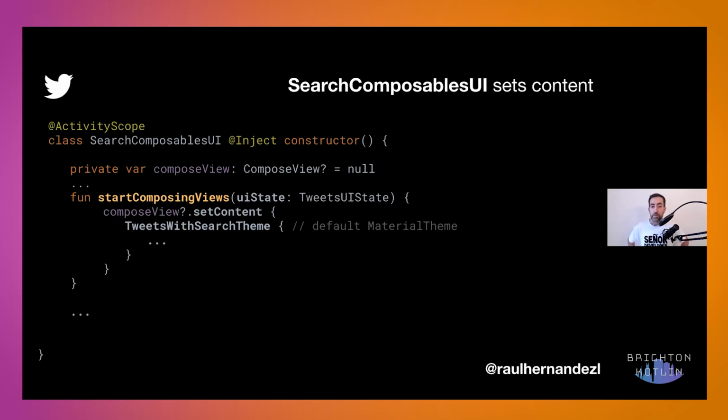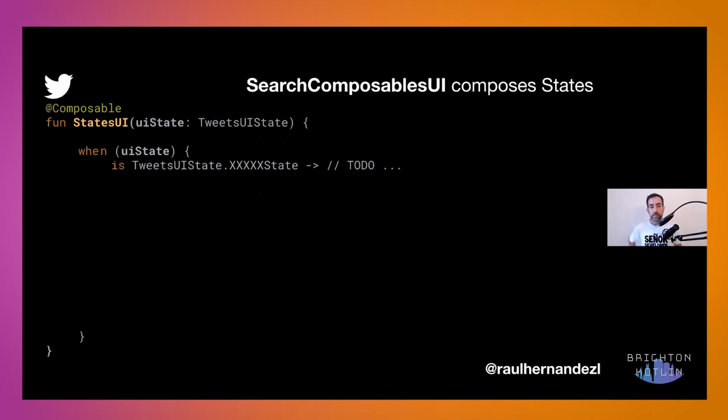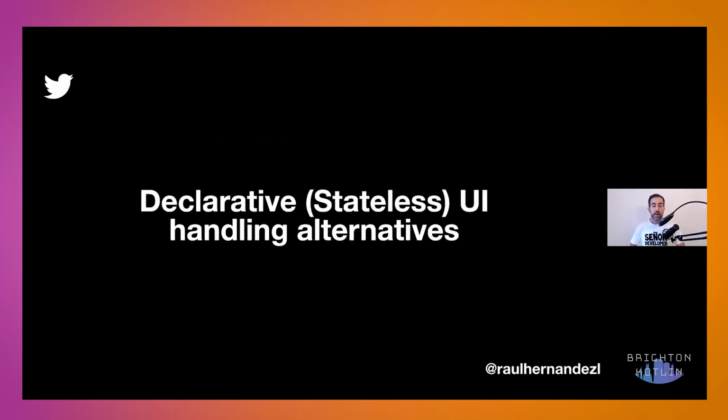Preferably you want to have your own theme with your own colors and different things. That's why I created my own tweets search theme. So yeah, let's assume we have the material theme that is our custom one ready. And now we can start creating different composables using the UI state and passing the UI state. Now we'll start with the state, doing different things, rendering, and being prepared for that. That's the first composable.